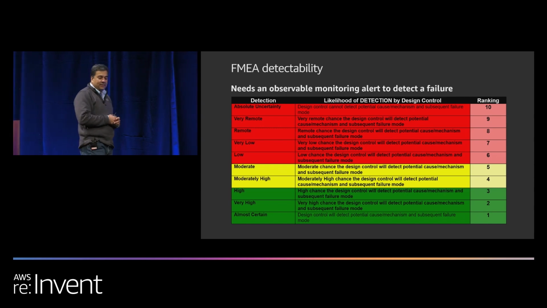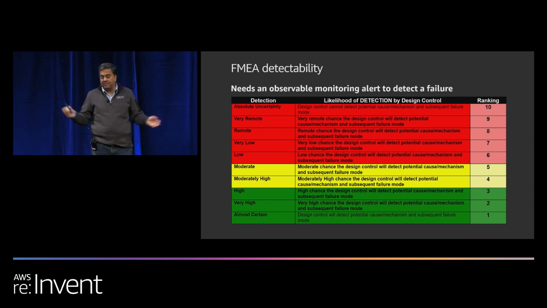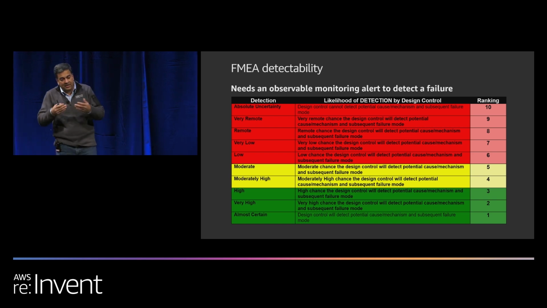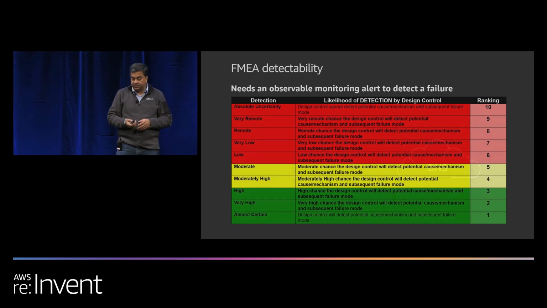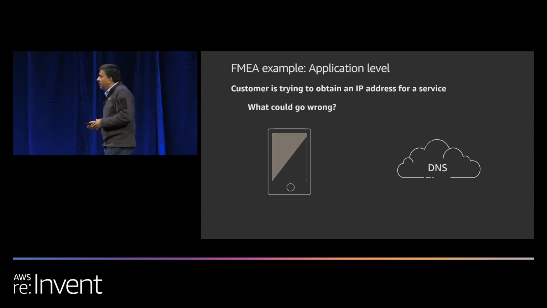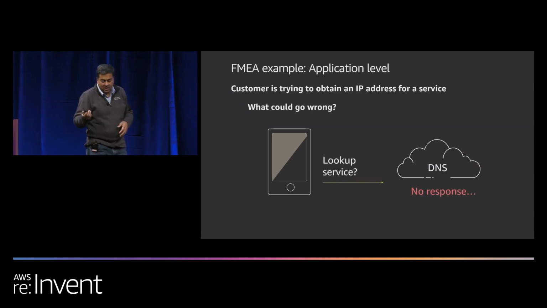Then you move into the detectability part of it, right? You cannot detect this at all. That means you have the highest risk there. But if you can detect, you have good observability into the application, then you can basically mitigate or fix that issue. So taking all the three together, here I'm going to flip through some examples of